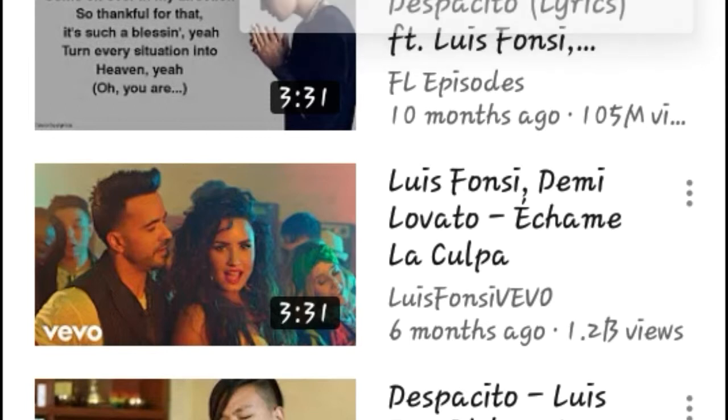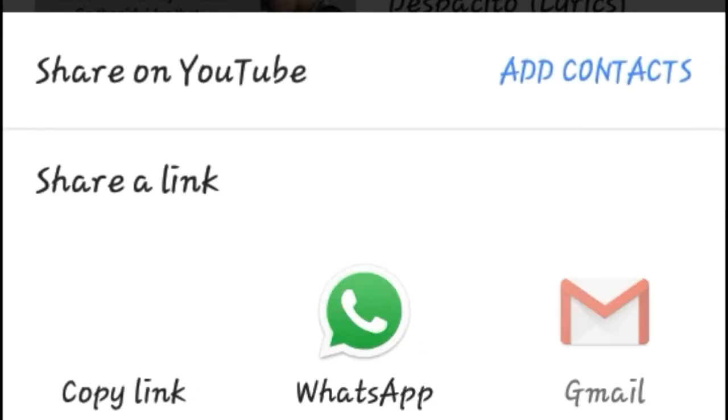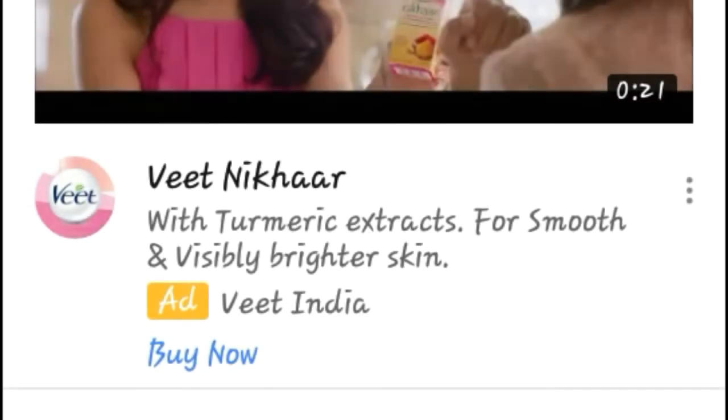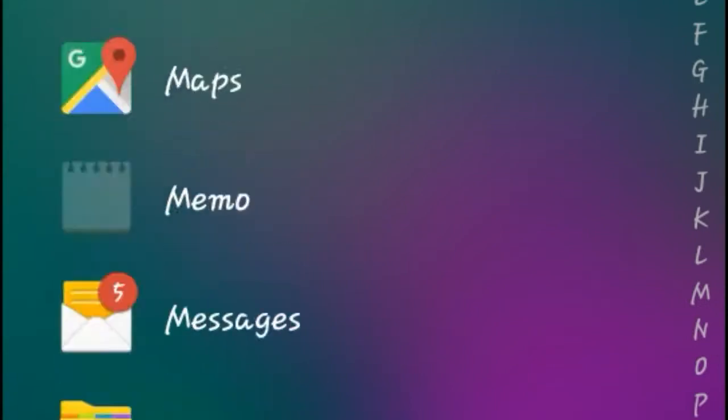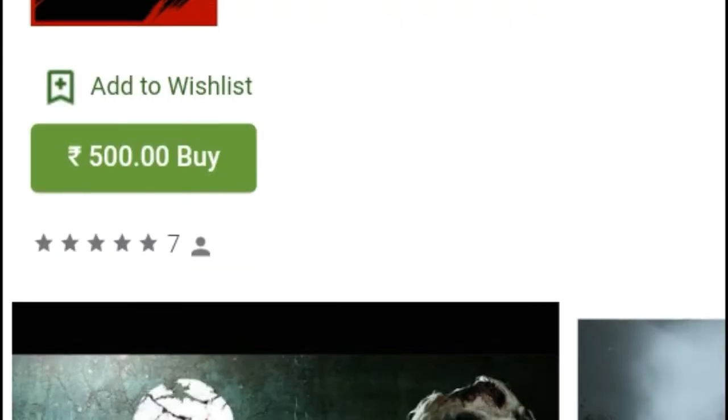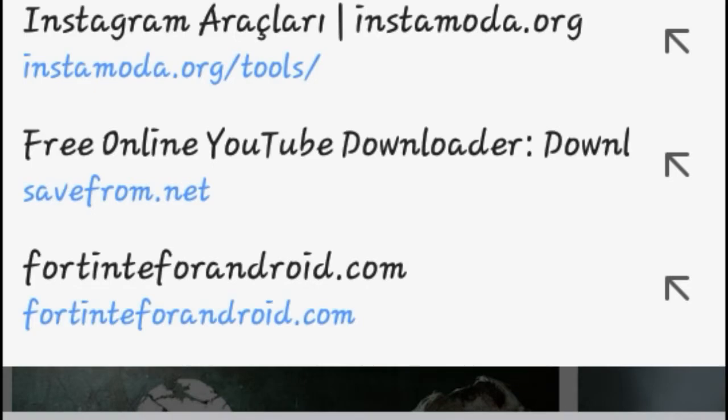You can see in the three dot menu there's no option to save the video. It's just share, add to playlist, and add to watch later. Click on share and copy the link. Then that's all. Kidding. Just go back and open your browser, and in the browser search bar you need to type